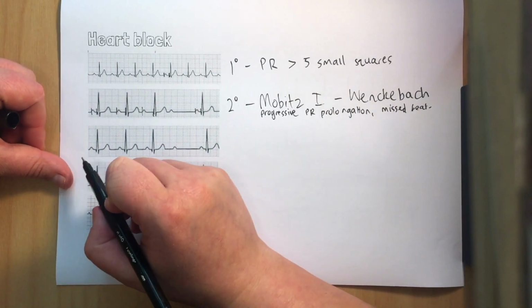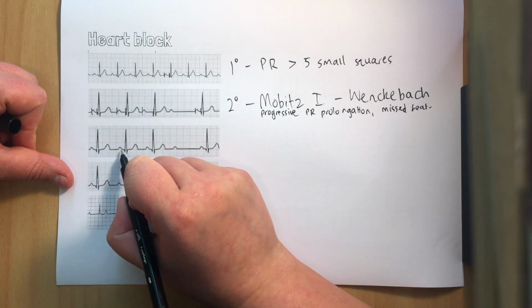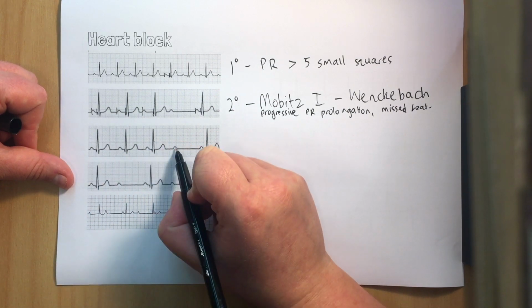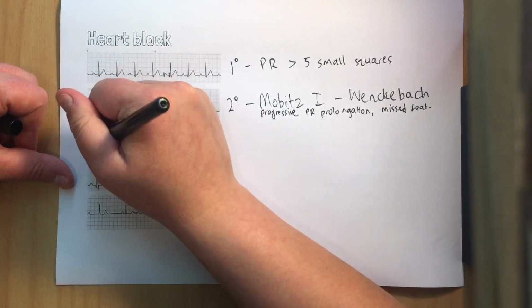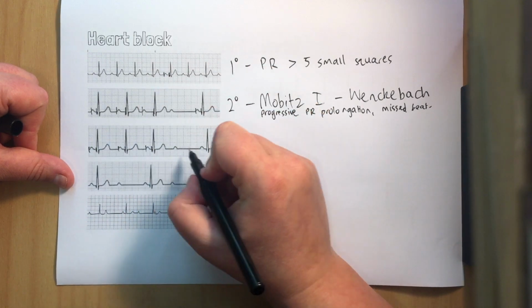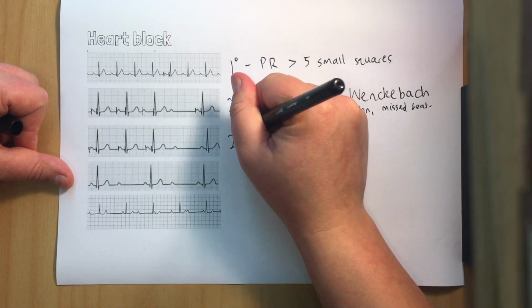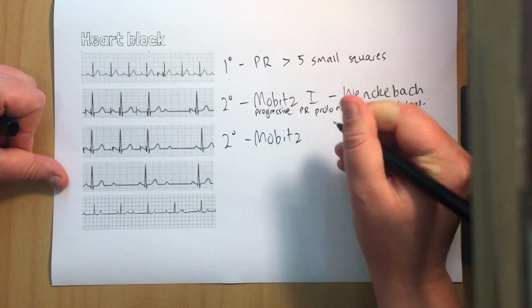Moving on to this next one here, we've got a P wave, QRS, a P wave, QRS, same distance, P wave, QRS, P wave, nothing, P wave, QRS. So what we've got here is that our PR interval stays the same, but we lose a QRS complex. So second degree heart block, Mobitz type 2,